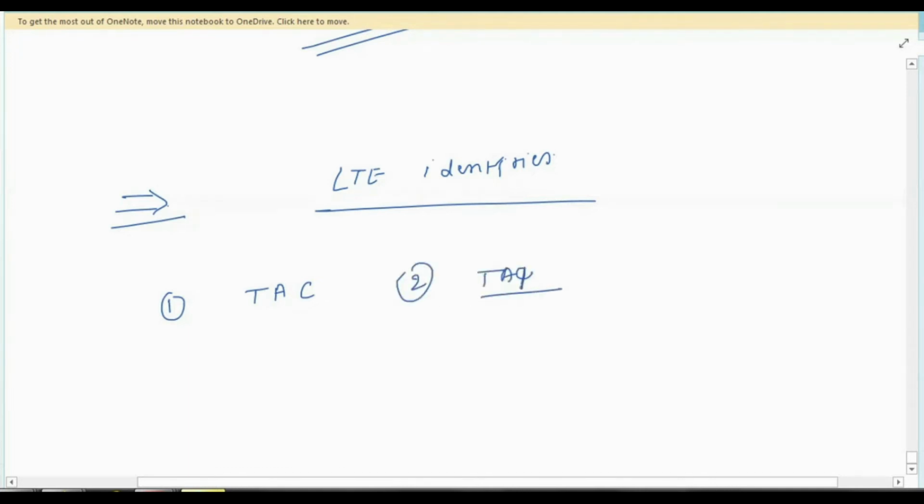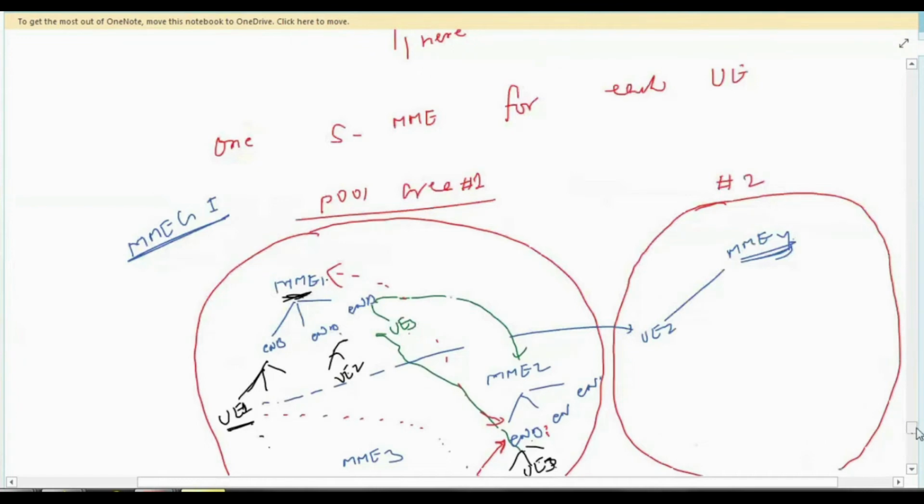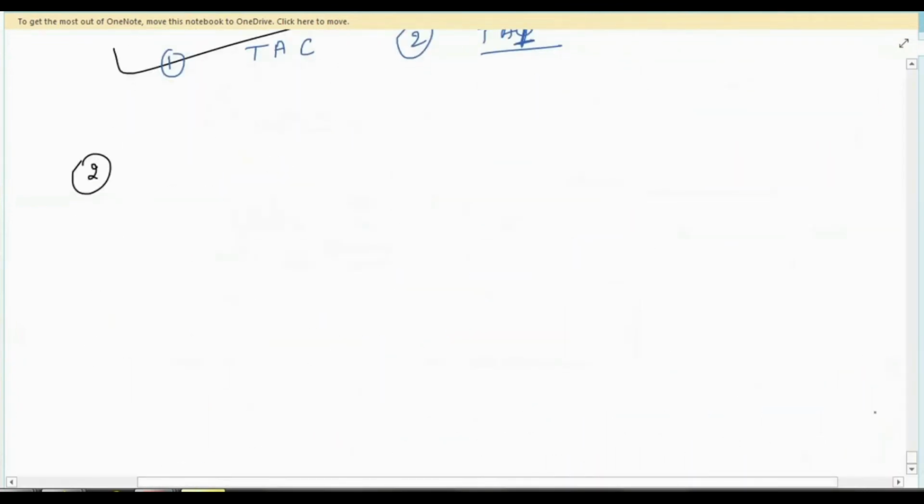Now next we are coming to how multiple MMEs will be uniquely identified. So for that, now we'll see